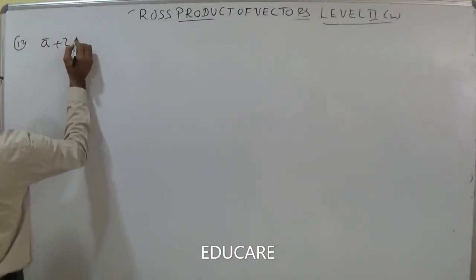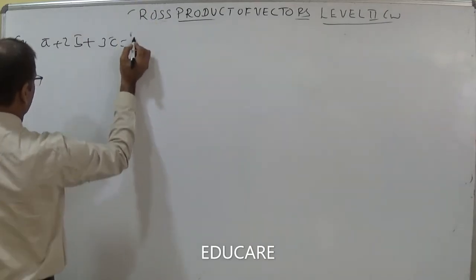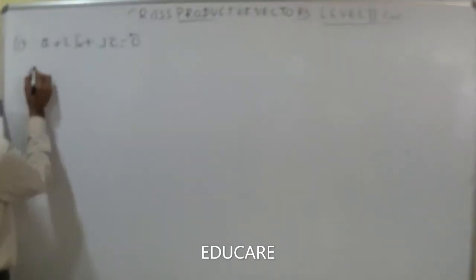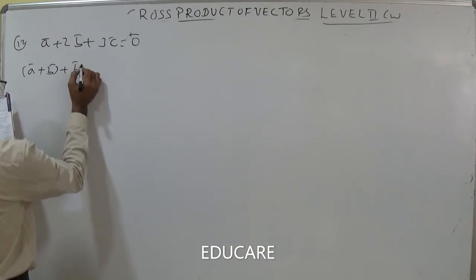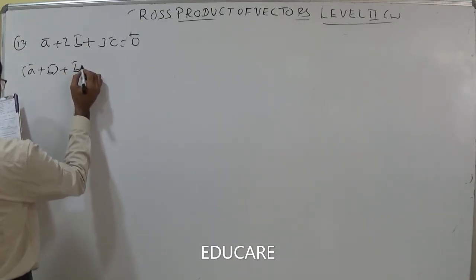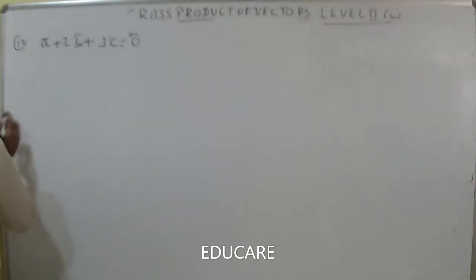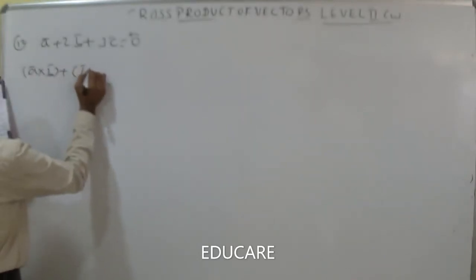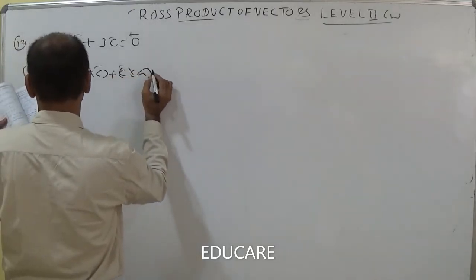12th one. A bar plus 2B bar plus 3C bar is equal to 0 bar. Now he is asking about A bar cross B bar plus B bar cross C bar plus C bar cross A bar is equal to